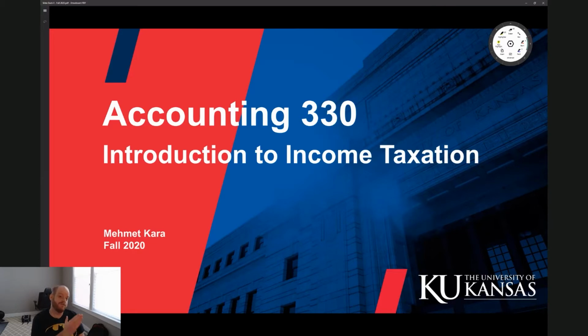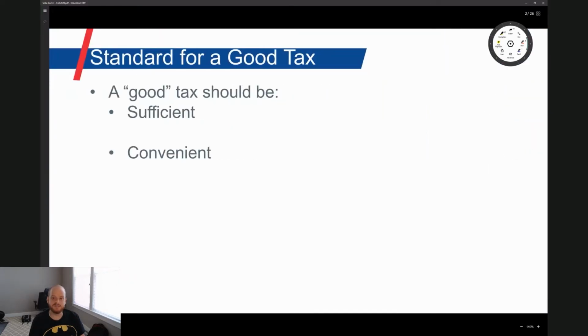If you recall the previous video, we started out by talking about the characteristics of a good tax. The first characteristic we said was that a good tax should be sufficient, meaning that we should be able to raise enough revenue to meet the expenses of the taxing authority. Whether we were talking about a county level, a city level, a state level, a federal level tax, right? Any tax that is sufficient should be able to meet the expenses that are generated by that governmental body's spending.